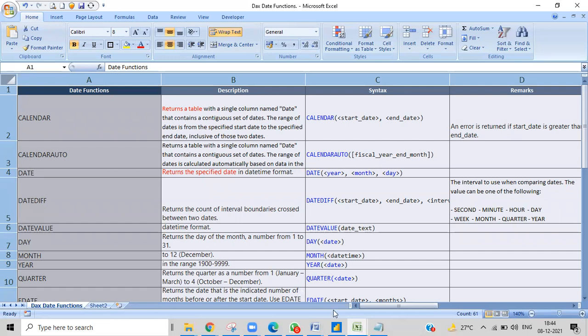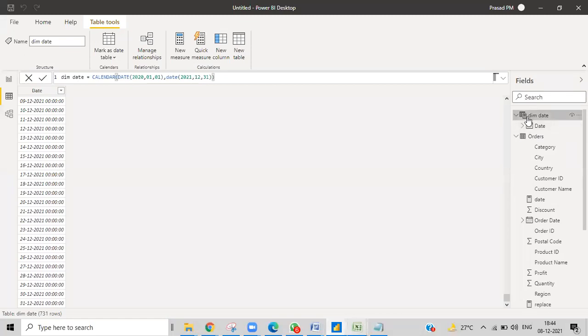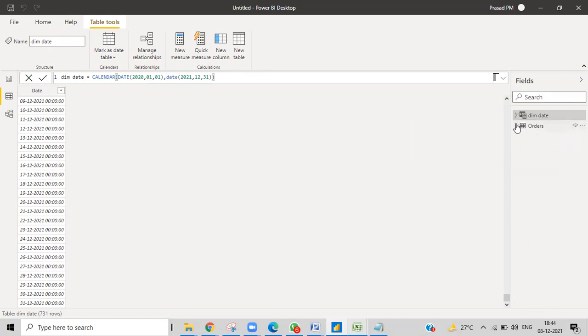If I use calendar auto, it checks all our remaining tables. I do have only one table, but if I create another table, it will check all the other tables and find the minimum date. Let us suppose in this dates column I have dates from 2018 and then 2021.